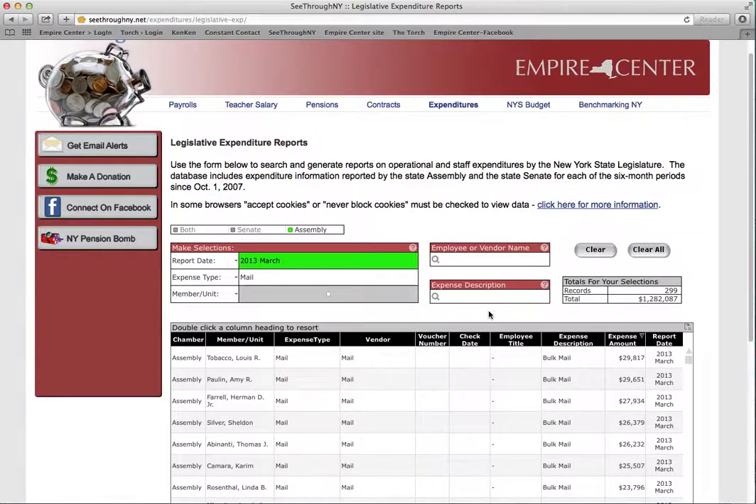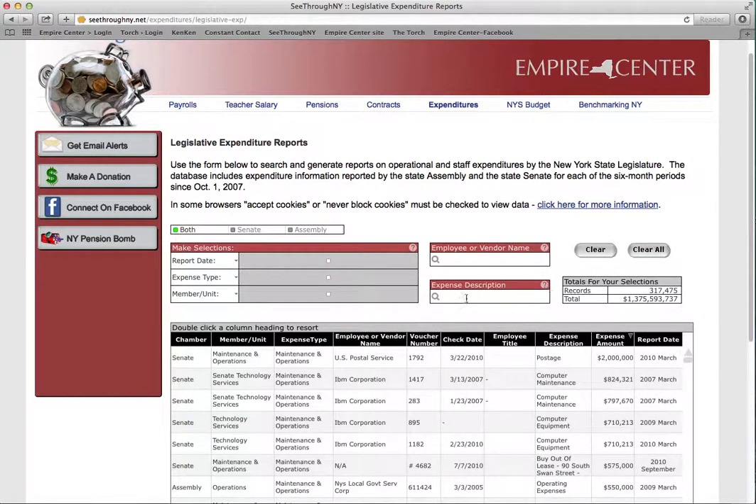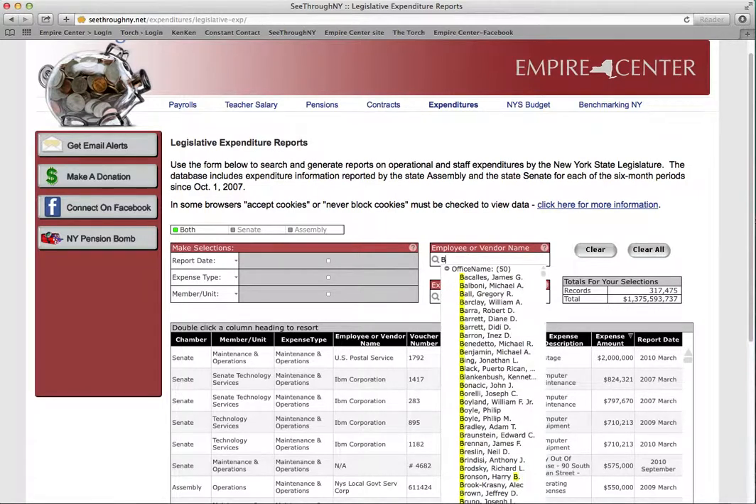Let's start over and do a search by employee. In this case, we'll look at former Assemblyman William Boylan, and eventually we'll narrow it to focus on his travel records. Under the employee or vendor name search function, we'll start to enter his name, last name first. After just a few letters, you'll see his name is the only one there, but you'll notice there are results